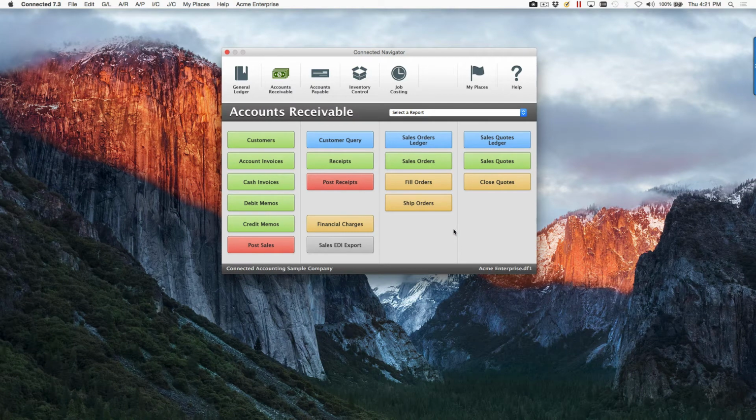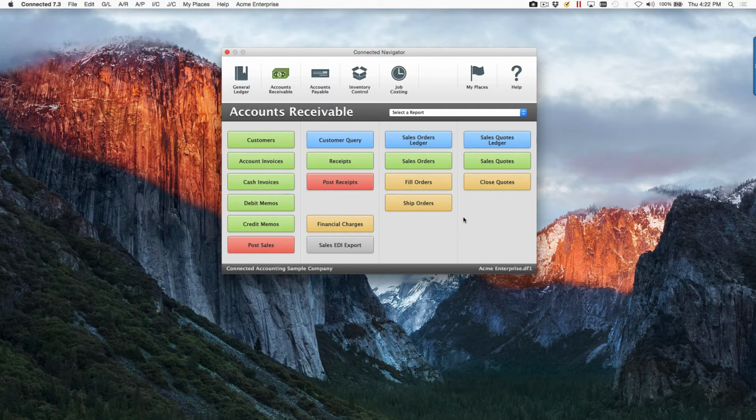In this short video, we're going to show you how to use Excel to subtotal data that's generated from the Connected Accounting and ERP software. This video is just a short accompaniment to a blog post that we've written on this topic. So let's take a look at how we can use Excel to quickly capture and subtotal a large block